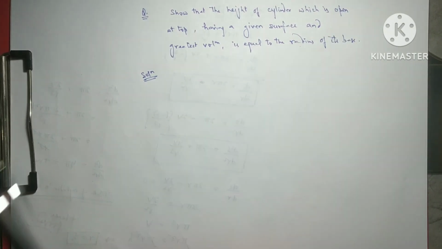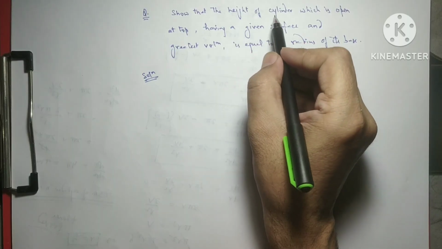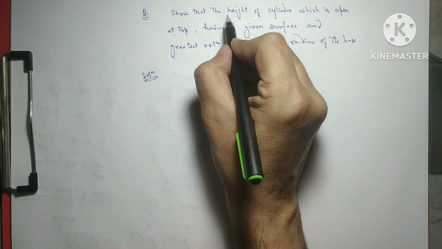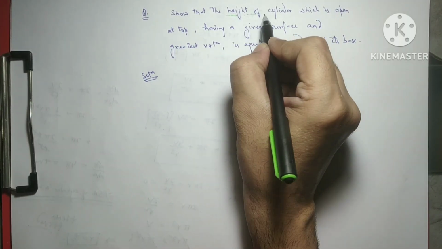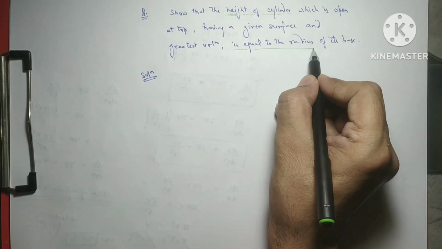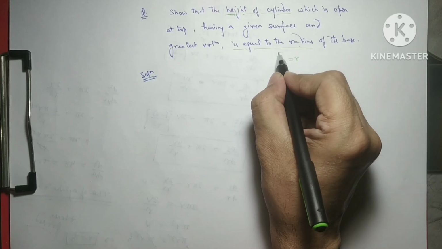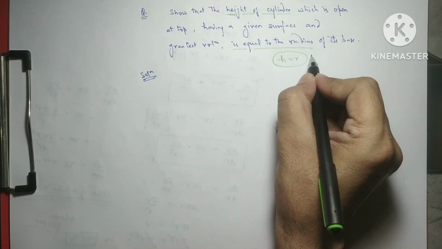Next question. Show that the height of cylinder is equal to the radius. So h equals to r. So it is intermediate condition